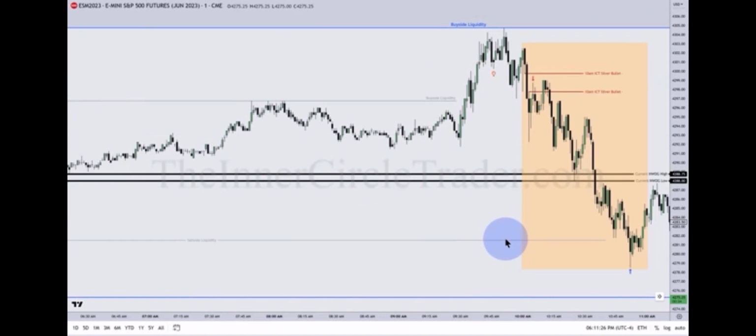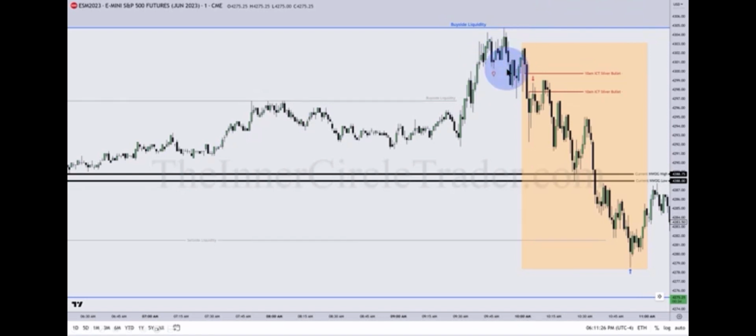A little bit more about gaps. But for now, here is the AM session ICT Silver Bullet, trading up into that gap high. Swing low is right there. So it hit our higher time frame weekly objective. That's a key level. It hits it, breaks lower, shift in market structure that's bearish.